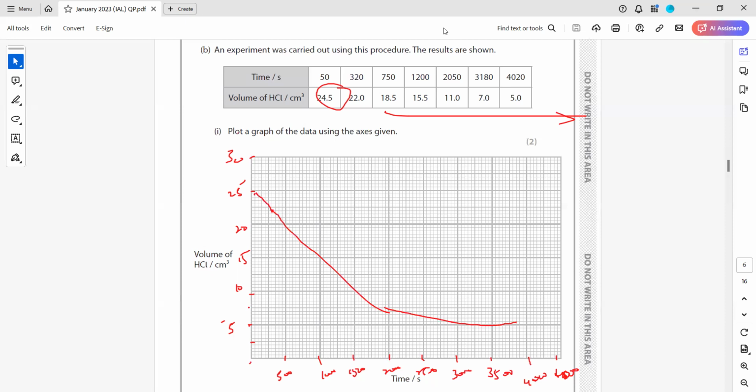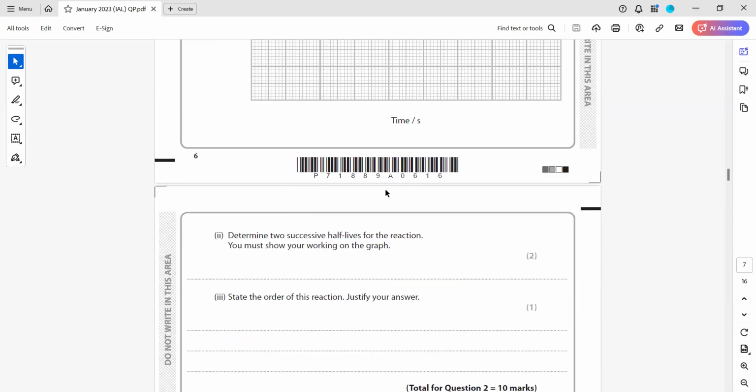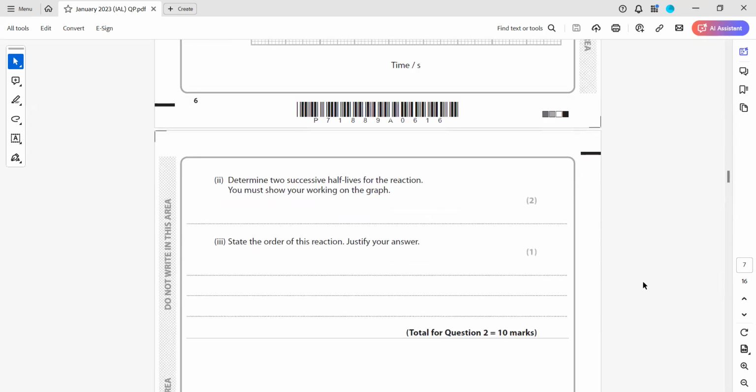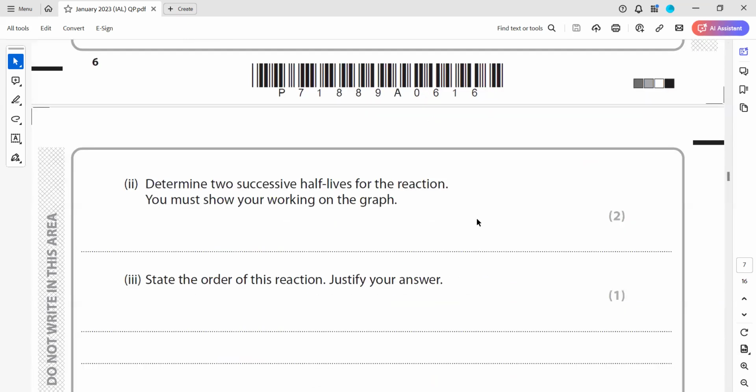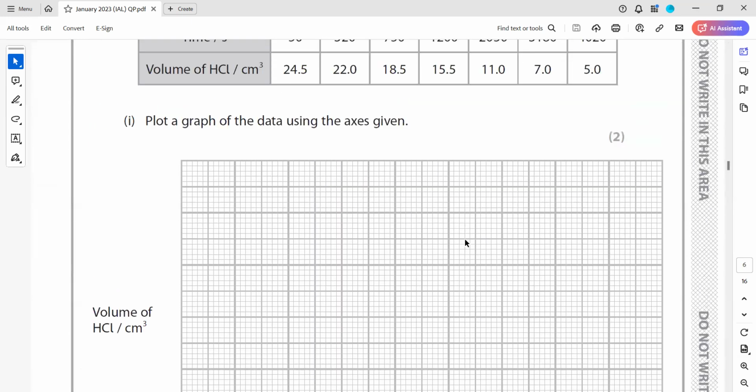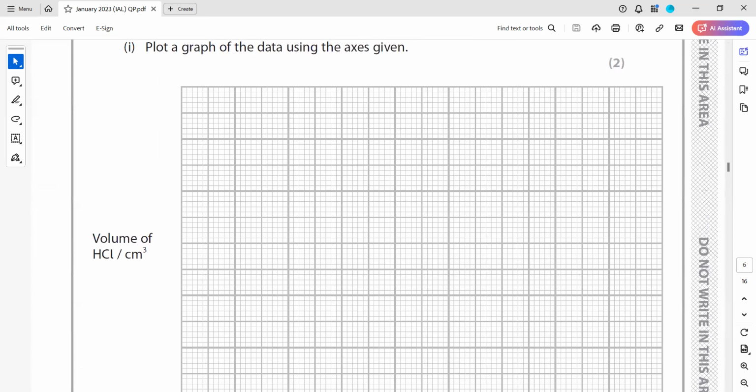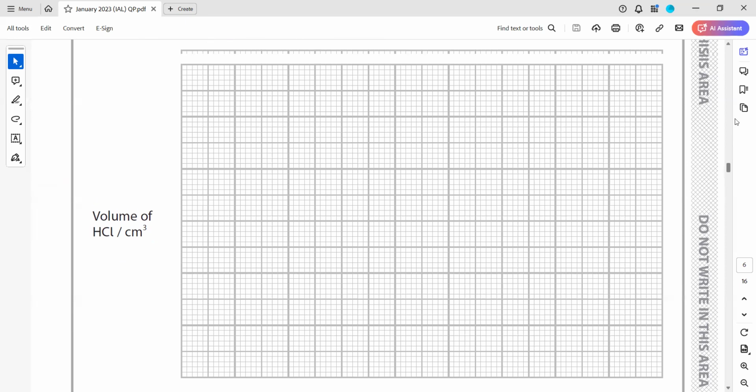And if the half-life is constant, it will be first order. If the half-life is shorter in the beginning, but then with the passage of time it gets longer, then it will be second order. Determine the two successive half-lives and state the order of the reaction. Justify your answer. So you have to work out the half-life. If the half-life is constant, it means it's first order. If the half-life is not constant, it means it is second order. So you have to work out the half-life. So these are question 1 and 2 from